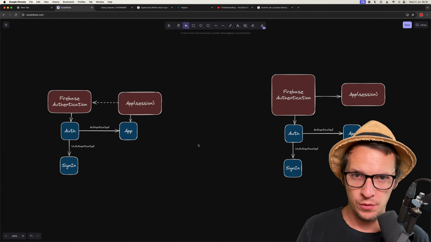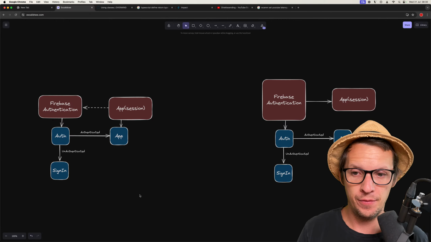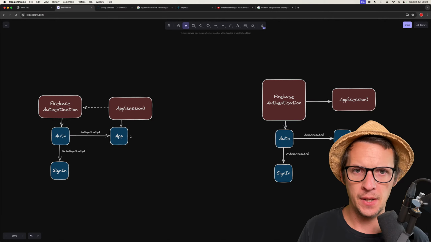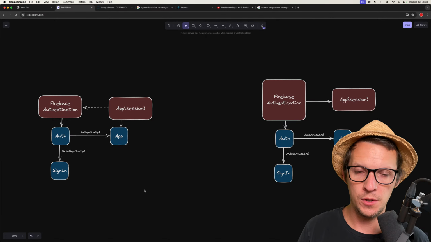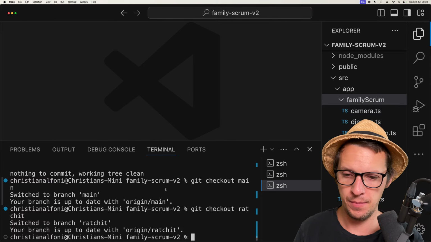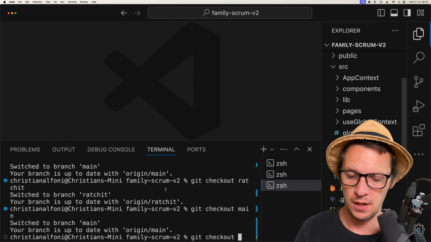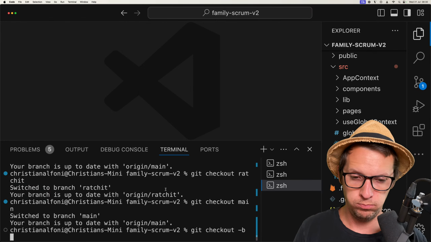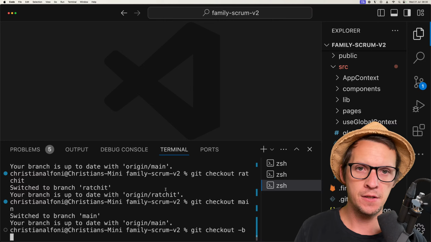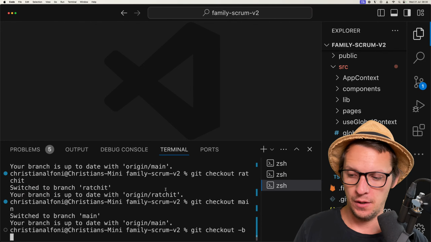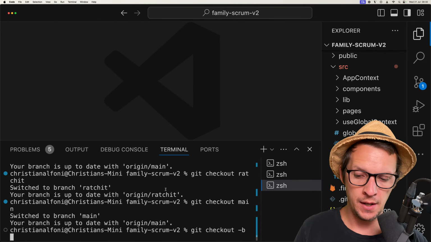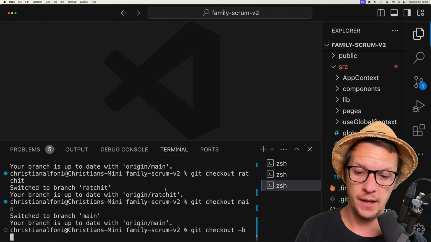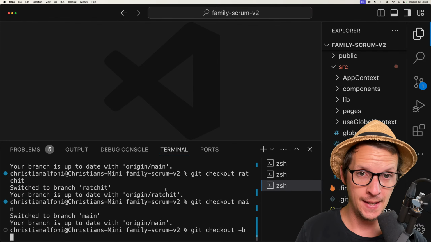So what I want to try to do, to see if we should really go back to this thing in terms of structure, is we're just going to create a new branch for the Family Scrum app. Main git checkout. And as I said, nothing's lost. What we've learned here is that untangling state management is more about how you structure your files and folders as opposed to global and scoped state.